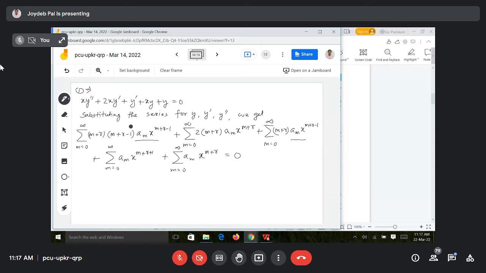Yes, sir. Also, I can add this and this, x to the power n plus r, and it is a different one. So overall, I can write it as a sum of three series. Which implies now, the sum from m equals 0 to infinity of (m plus r)(m plus r minus 1) a_m, and in the third series it is (m plus r) a_m. So altogether